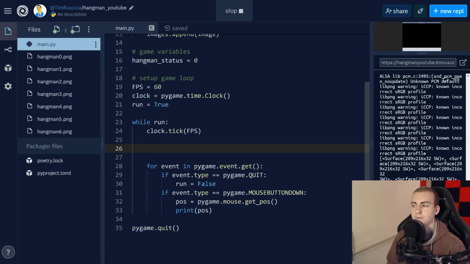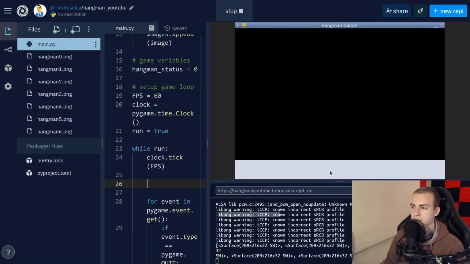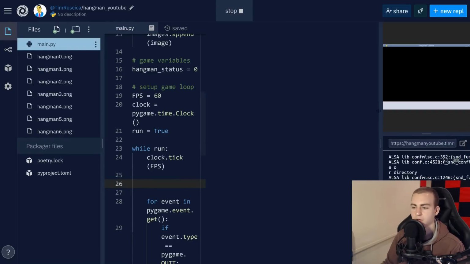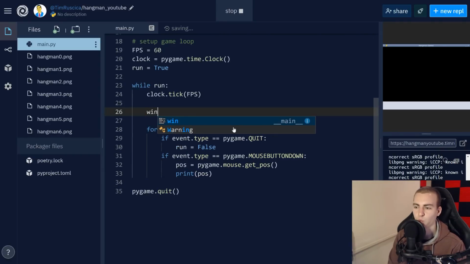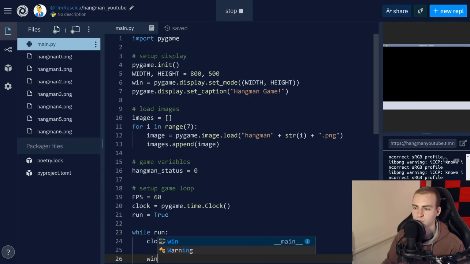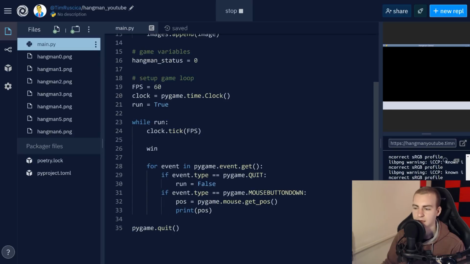So to actually put some kind of background for our display, because right now we can see that it's just black, right? Maybe I need to actually make this white, or maybe I want to make it another color. What I do is I type win, which is the name of my window, which I defined right here, and I'm going to say win.fill, and inside of here I'm going to put a color that I want to fill the window with. So when we define colors inside of Pygame, what we do is we pick an RGB value,